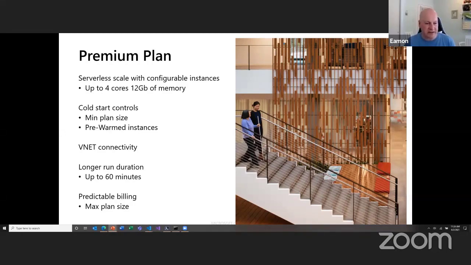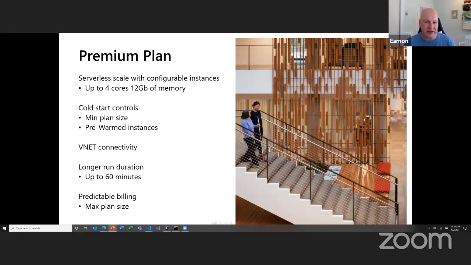The other area is VNet connectivity. This is an area we've been working on over the last year. Our ultimate goal, and I think we've hit it now, is that you can lock down your function apps completely from the outside world, and you have control if you want them to be opened up as HTTP, and they go through that VNet scenario. So it basically gives you ingress and egress management capabilities on top of your function apps.